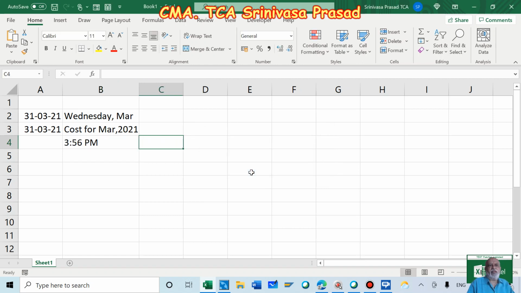Now you'll have 3:56 PM. That is because I have said whatever is the time now, make it in the hour and minute format as AM or PM. Again it's a TEXT function, where you can add some kind of text and then change your date the way you wanted it, and change the time according to your convenience.